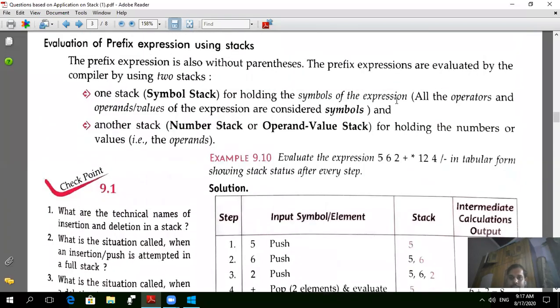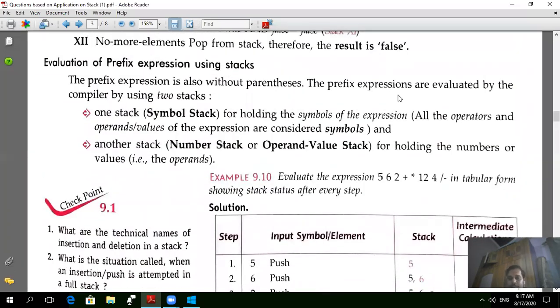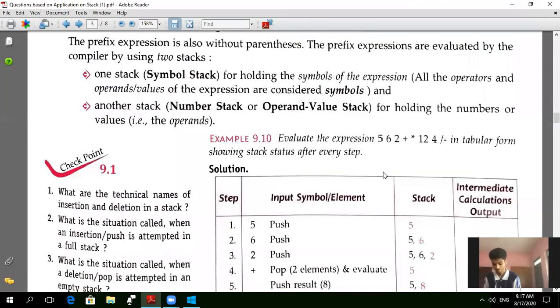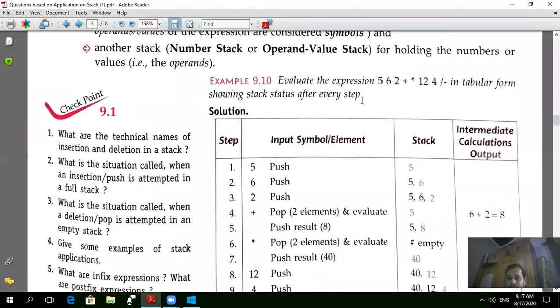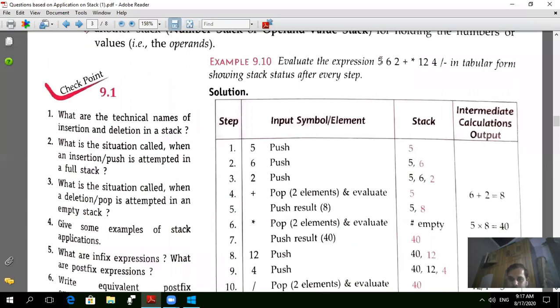Before this, in the previous question, we were given variables like a b c plus multiply d e divide minus like this. So instead of variables, here values are given. So no problem. Same method you have to do. First is 5, so you have to push 5 into the stack. Now in the stack 5 is given. Then 6 is again an operand, in terms of value, so you have to push this value into the stack.